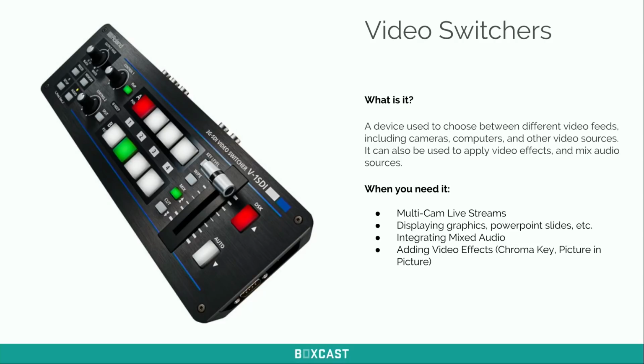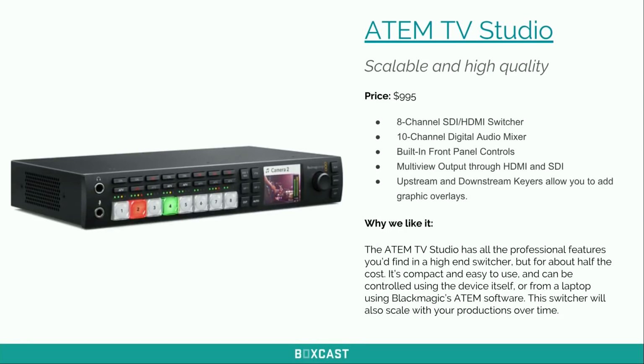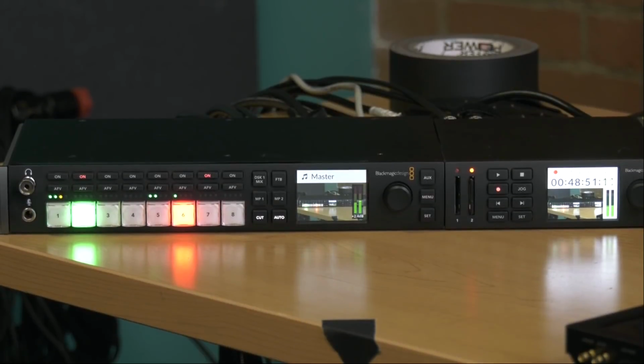So if that's lower thirds, or you could do green screen stuff with it and stuff like picture in picture. But let's go over to our first switcher, which we're actually using, which is the Blackmagic ATEM TV Studio. This is the switcher we're using to control all the camera angles today and add any graphics and effects.